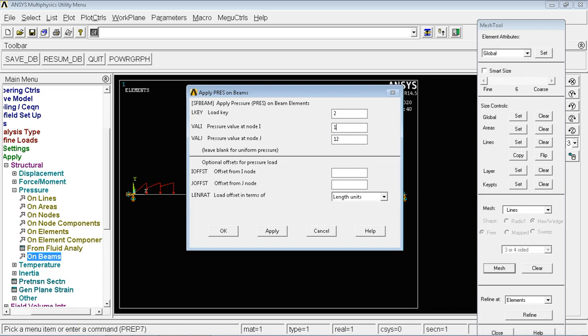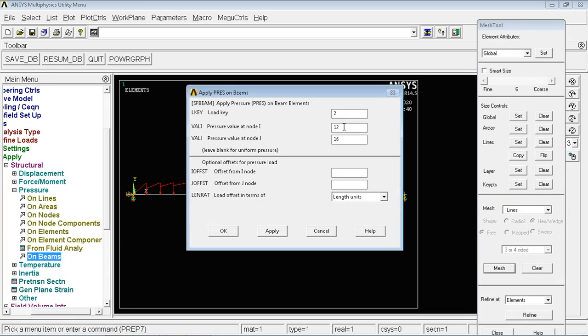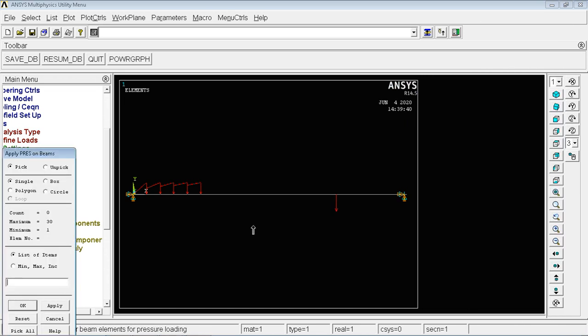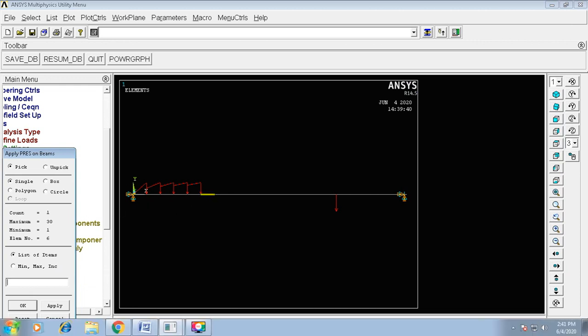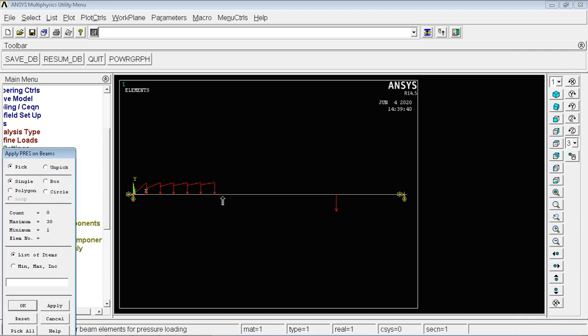Next I'll give 12 to 16, apply. Next segment, OK. I'll give this as 16 to 20, apply. Next I'll repeat the same procedure, 20 to 24, apply.